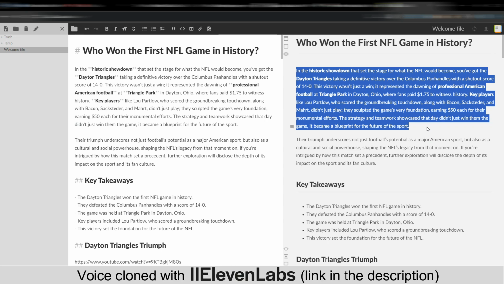In the historic showdown that set the stage for what the NFL would become, you've got the Dayton Triangles taking a definitive victory over the Columbus Panhandles with a shutout score of 14-0. This victory wasn't just a win. It represented the dawning of professional American football at Triangle Park in Dayton, Ohio, where fans paid $1.75 to witness